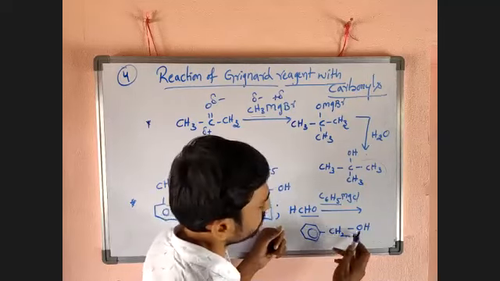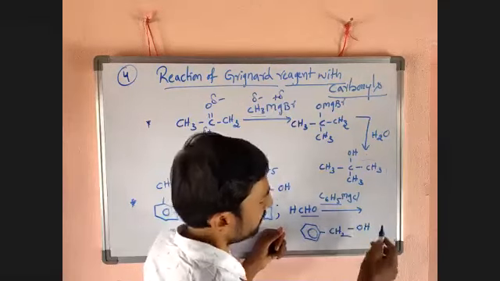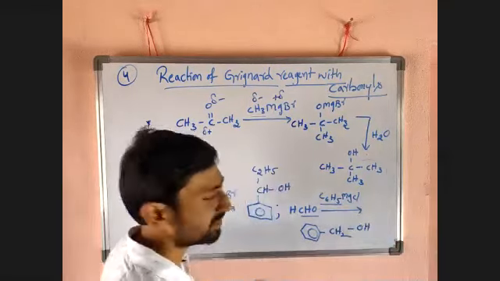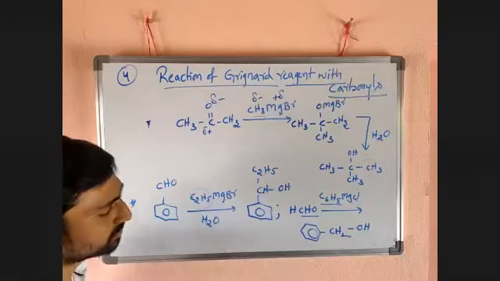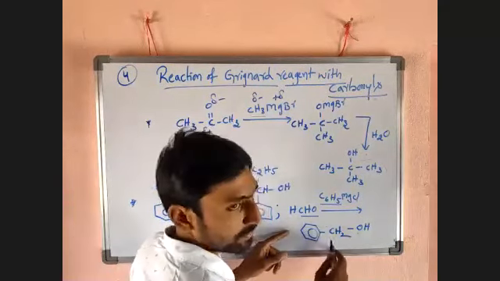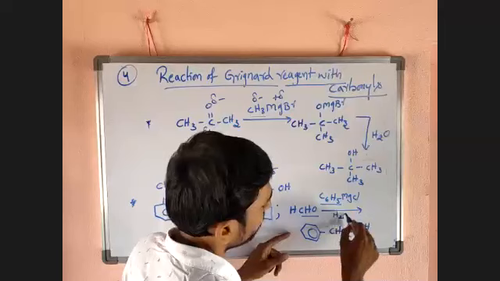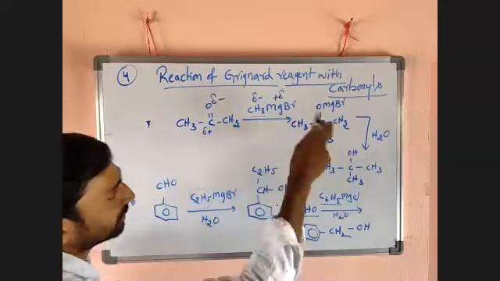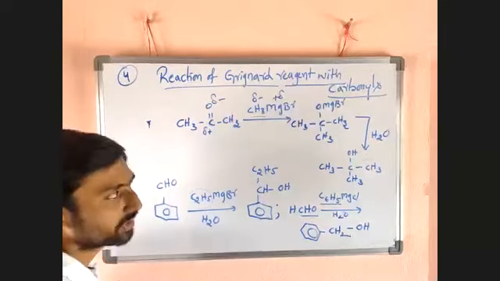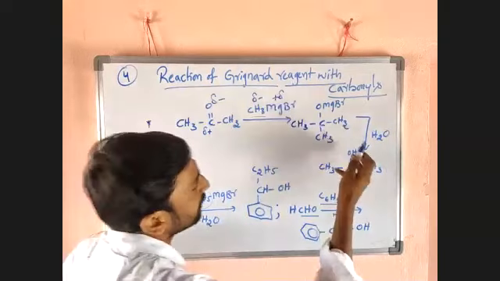C6H5, there is CH2 which will convert into OH. The remaining is definitely MgOH, Cl is eliminated. That one is the byproduct. So directly we can write like this after hydrolysis. Now, you don't want to take 3 steps, 4 steps. From the IP point of view, you have to take it like that.